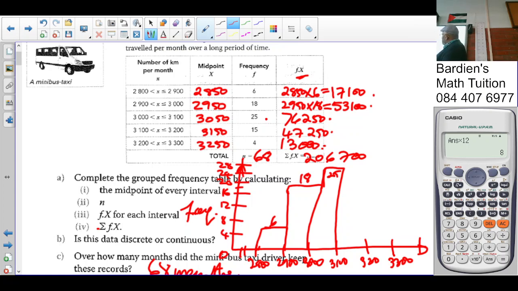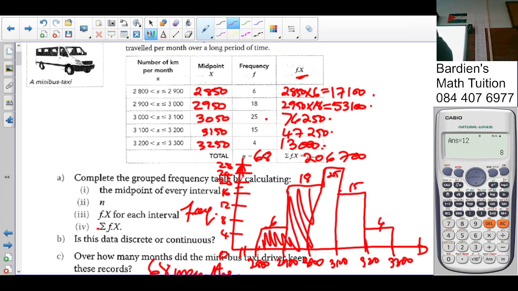The next one is 15. The next category is 15. So if that is 12, 16 is here, just below that. So that is 15. The next one is going to be 4, which is in line with this here. Okay. And we do what we do best: coloring. You don't have to color the histogram in, but